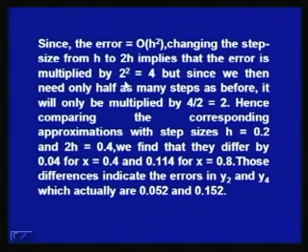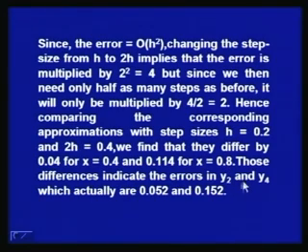Now, changing the step size from h to 2h means that the error is multiplied by 2 square, that is 4, but since when we take the step size 2h, we need only half of the steps that we have to take when we take the step size as h, the error will only be multiplied by 4 by 2, that is 2. Hence, comparing the corresponding approximations with the step sizes h equal to 0.2 and 2h equal to 0.4, we find that they differ by 0.04 for x equal to 0.4 and 0.114 for x equal to 0.8, while